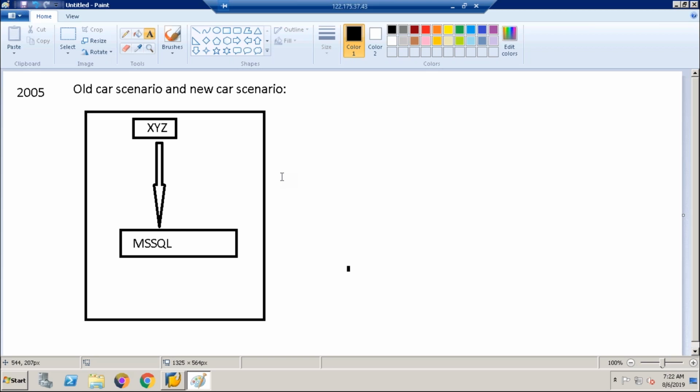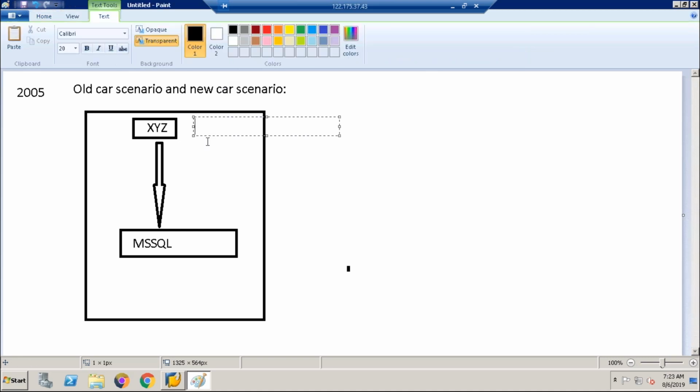Now guys, because of its nature, from 2005 the company will be having a large volume of data. Currently we are almost in 2020, so 15 years of large volume of data. So definitely the system will take a lot of time for execution. The reports will take a lot of time, and some reports will be kept in background. Suppose in that company there are 2000 odd reports or objects.